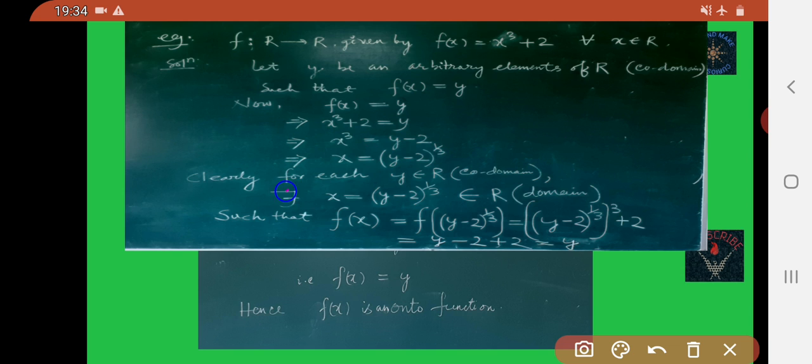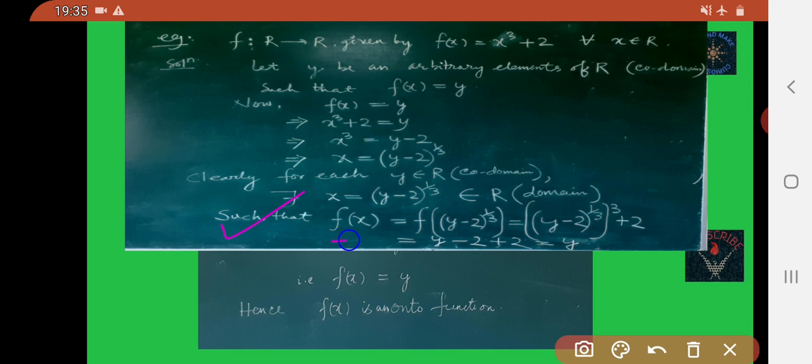Now for each element y belongs to the codomain, that is this set, there exists, this symbol is for there exists, x is equal to g of y, which belongs to R, the domain, such that